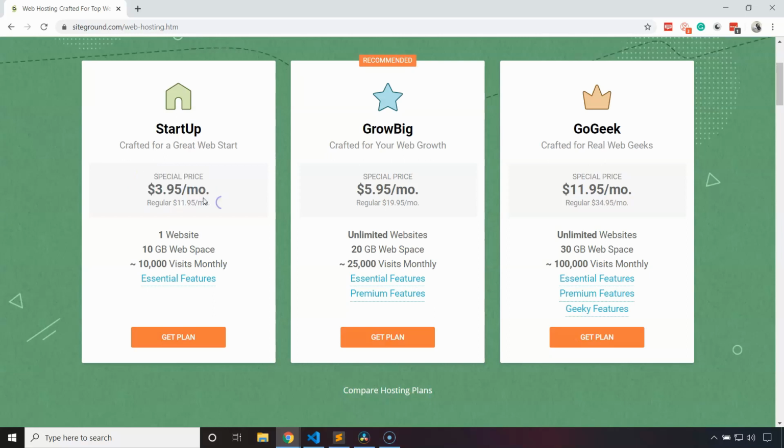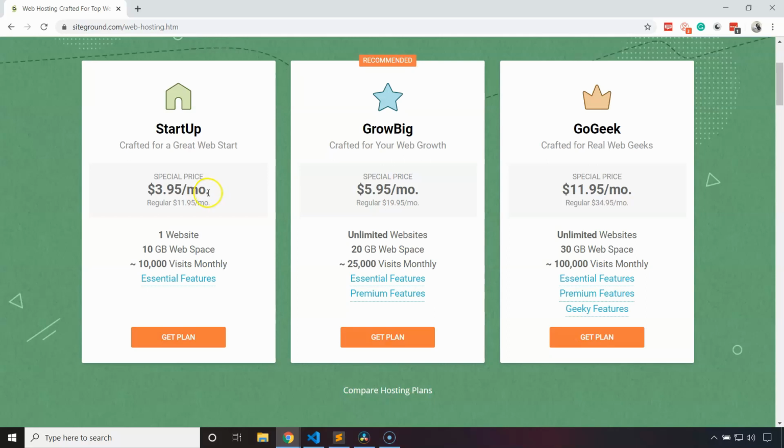And kind of keep note of this special price here. So it might be different for you depending on what link you clicked on or what promotions are out there at the time, but there's a $3.95 a month and there's a $11.95 a month for regular. So $3.95 a month means that for 1 year, 2 years, or 3 years, it's going to cost you the equivalent of $3.95 a month. They're not going to charge you each month. You're going to pay it all up front. So it's kind of trying to show you smaller numbers, but you're actually paying the whole 1, 2, or 3